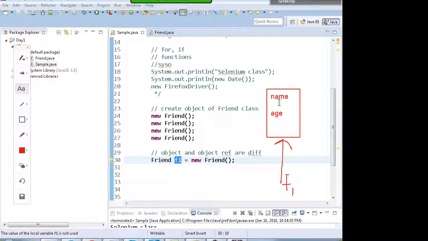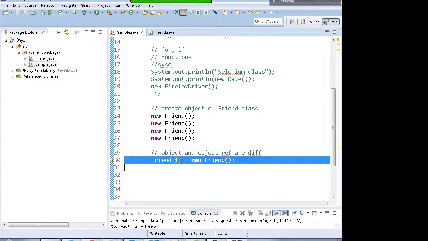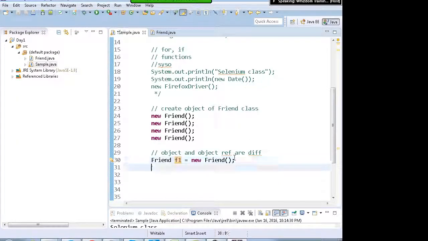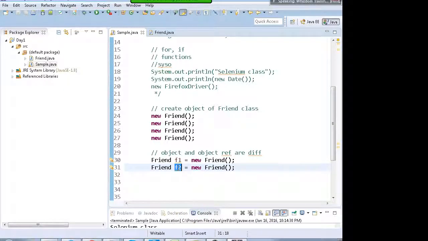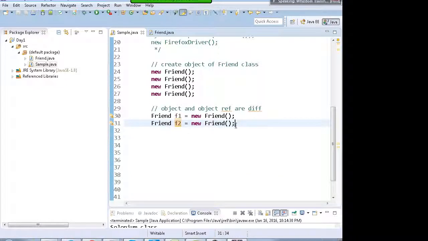And you will write over here friend f1, f2, then f2 will be another friend. f3, f4, like that you can have n number of friends. Each friend I can give a different value.